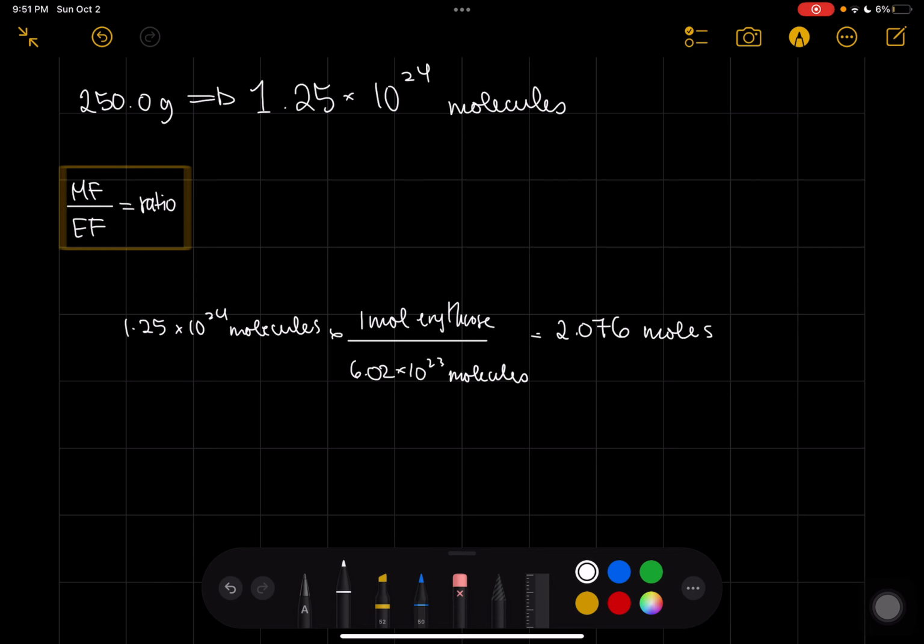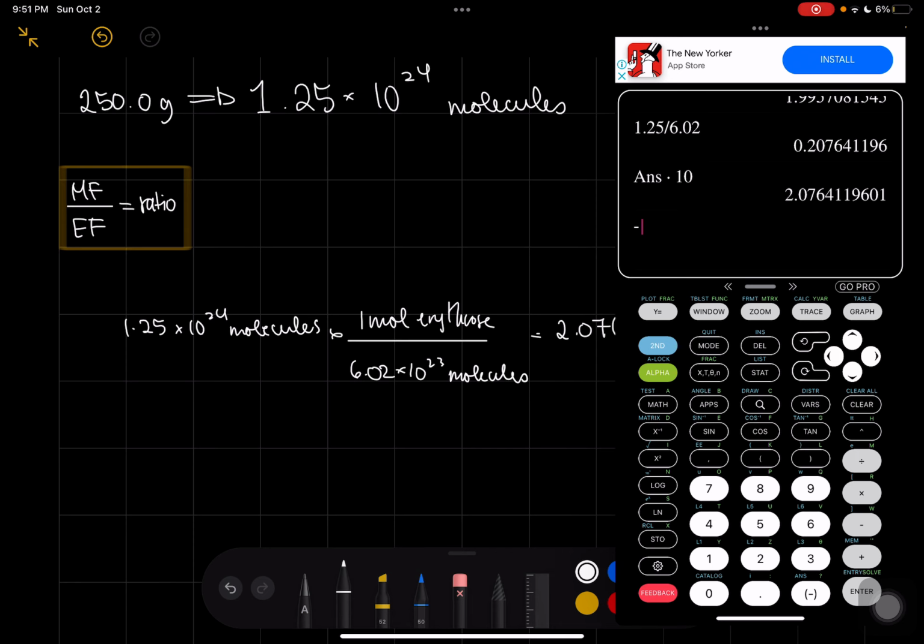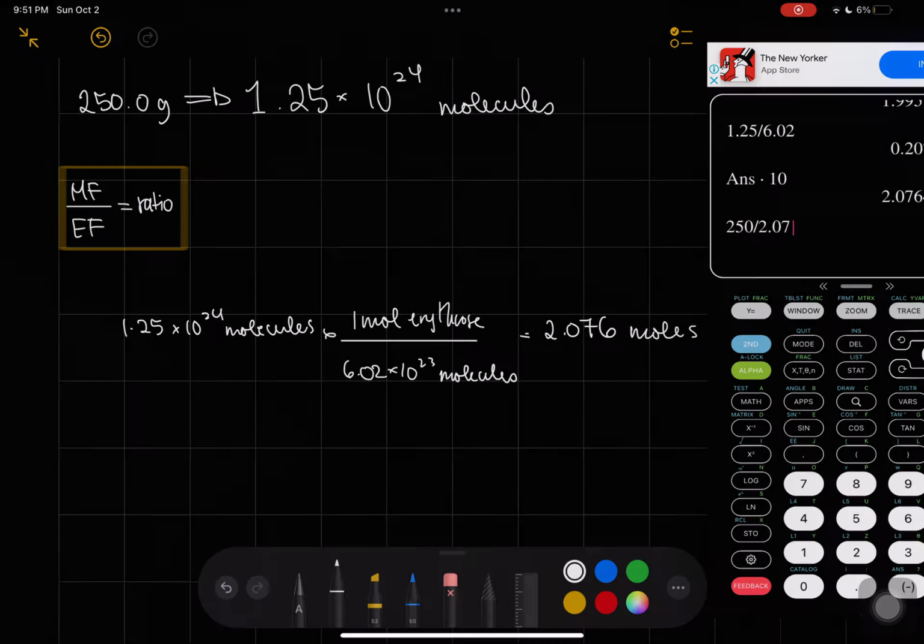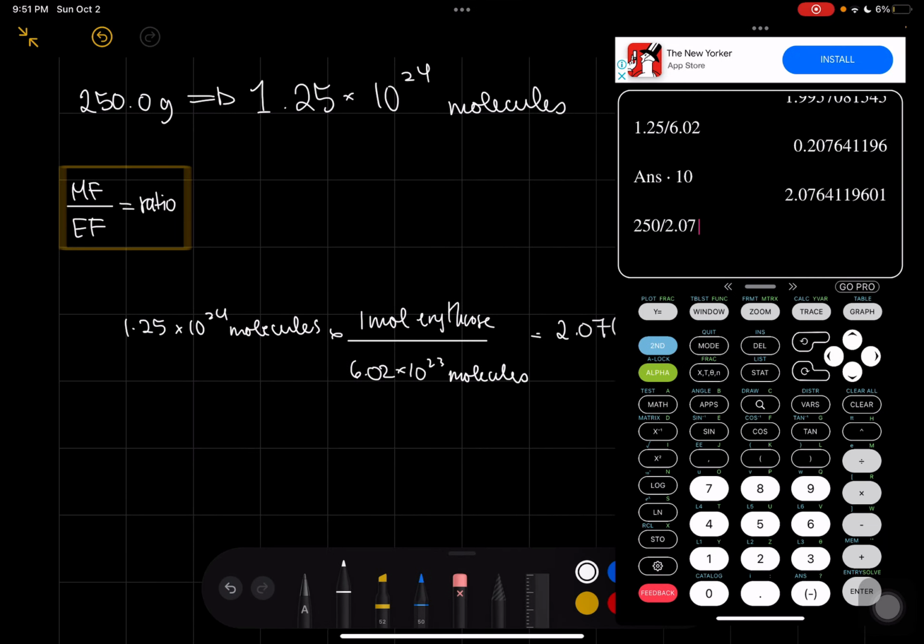So we need moles to grams, so we'll have grams per mole. In 250 grams, we have 2.076 moles. So really, in 120 grams per mole, we have